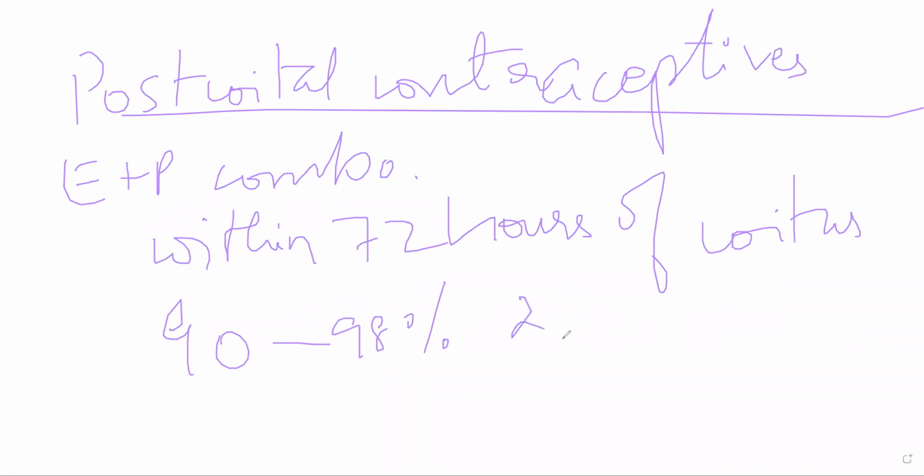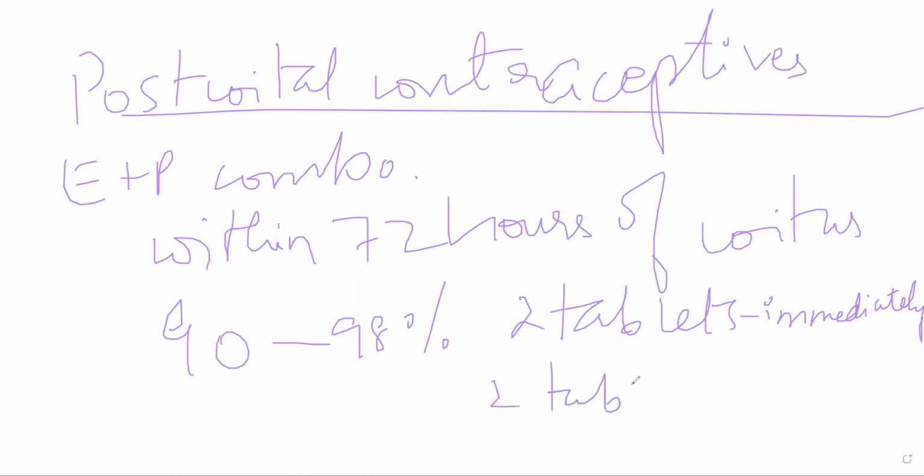You will take 2 tablets immediately as soon as you realize that you need to take this pill. 2 tablets immediately, and 2 tablets repeated after 12 hours. So let us suppose a girl is taking the two initial tablets about 12 hours after coitus. Okay. And the next two tablets will be taken at the 24-hour mark. Whenever you're taking the initial two tablets, उसके 12 घंटे के बाद लेते.